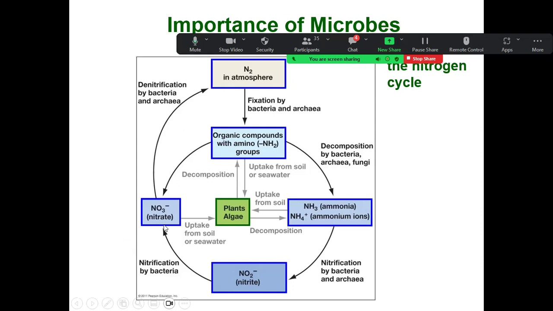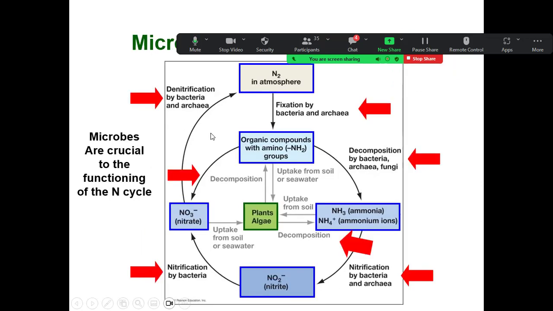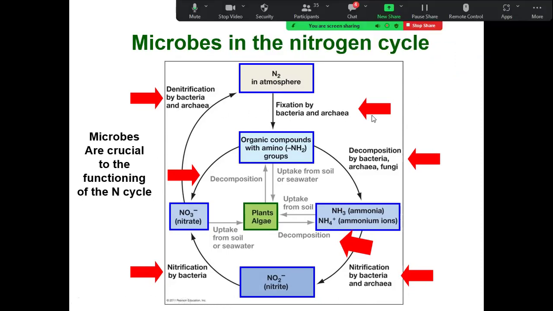Nitrite and then nitrate. And let's go again with nitrate. Nitrate can be changed into nitrogen and then released into the air by bacteria and archaea. So this is the nitrogen cycle. The reason why we're discussing it is here, wherever I've got the red arrow, this step of the nitrogen cycle